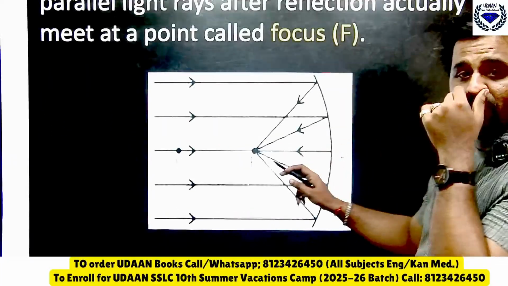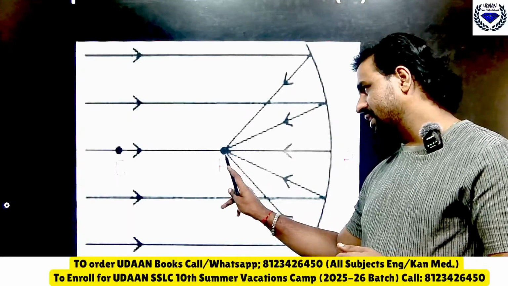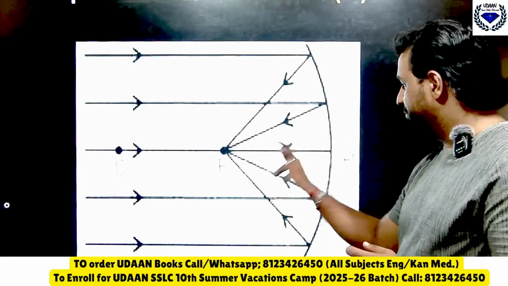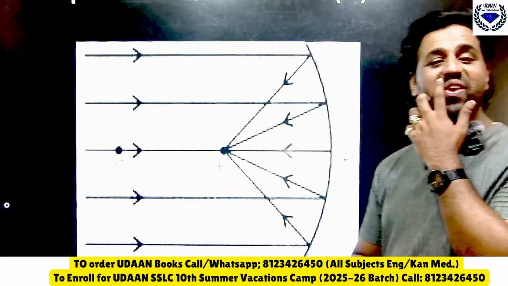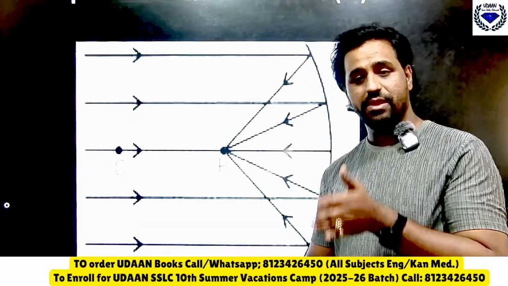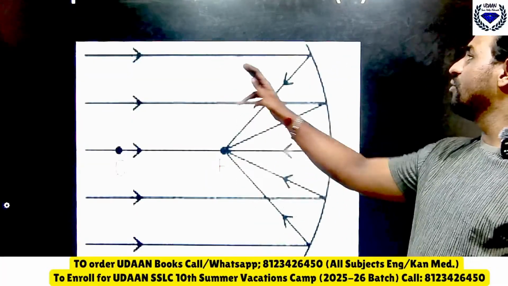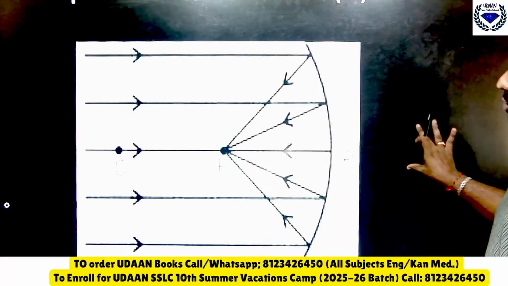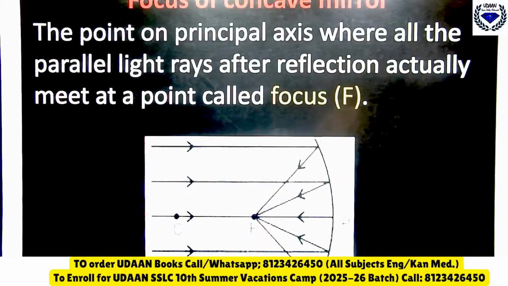So look at this figure, this focus is the point on the principal axis after reflection. All the rays, after reflecting, become a point. That point we call the principal focus. So principal focus is a point on the principal axis where the light rays after reflection will meet at a particular point. See, the point on a principal axis where all the parallel light rays after reflection actually meet at